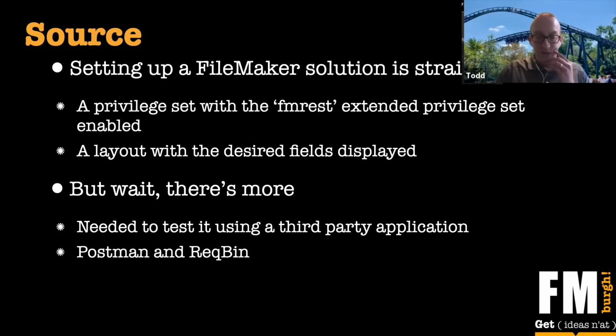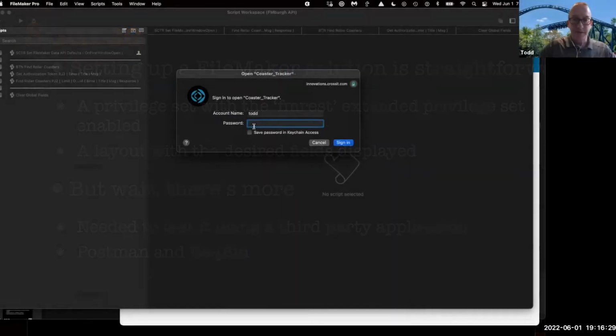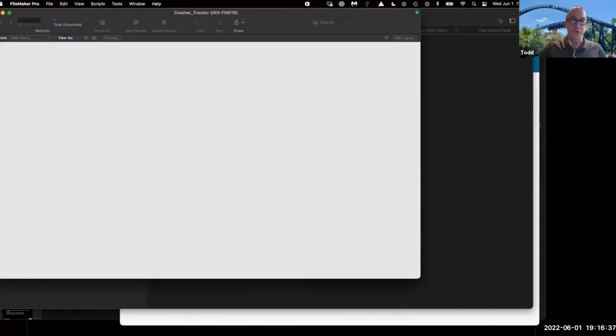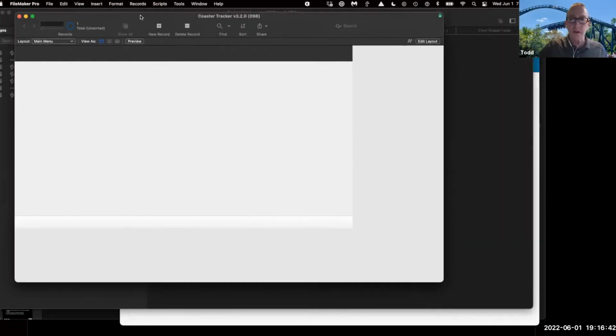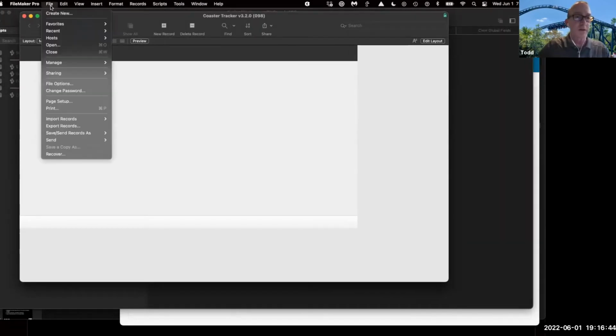So let me get into FileMaker here. And since it's roller coaster season, I decided I would use my database of roller coasters as what we were going to be querying in and out. So like I said, it starts with here